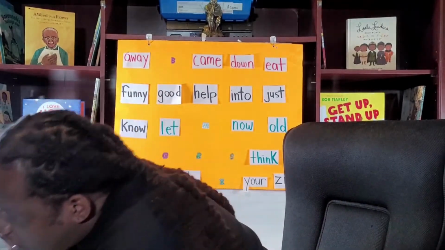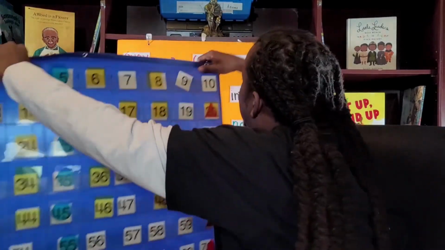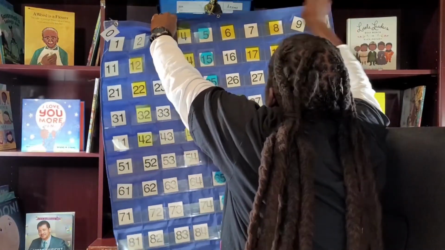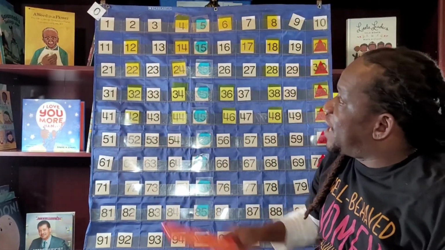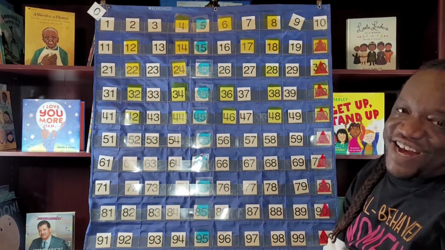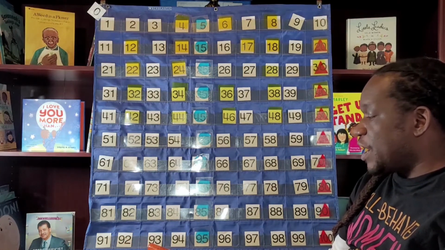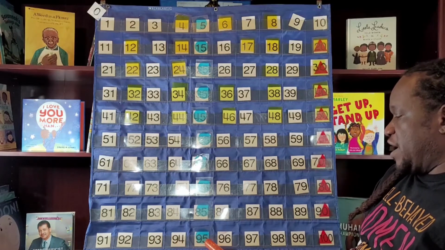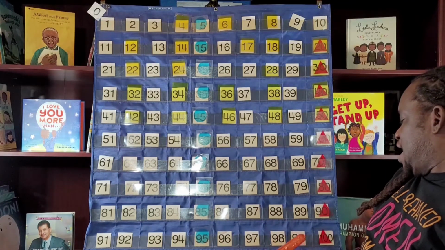You ready to do a little counting? Let's do some counting. Annie Malone had to count her money, didn't she? She had to count that money. Here we go. Let's count from 91 to 100. Are you ready? Let's go. 91, 92, 93, 94, 95, 96, 97, 98, 99,